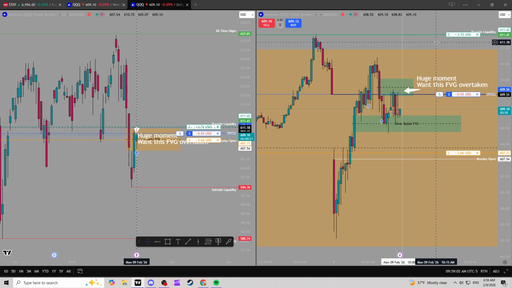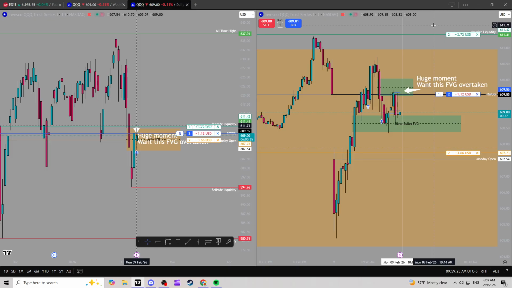And now we close underneath it. I'm not too optimistic about this trade, but I am sticking to the textbook of following what's in place, what's in store. Following the rules of my trade. So where my stop loss is, that's where I'm going to get out. I'm not going to sell out prematurely.